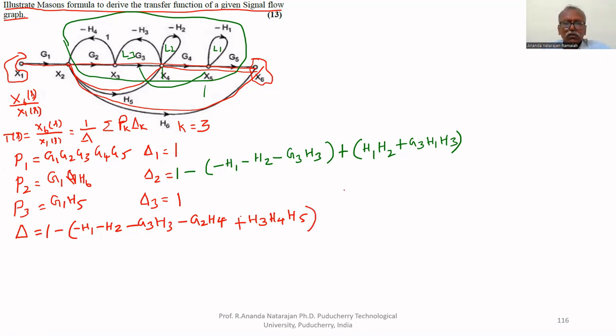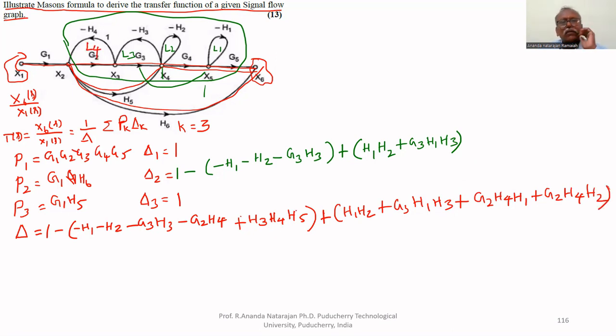Then two non-touching loops, plus H1 H2, G3 H1 H3, then plus G2 H4 H1, then plus G2 H4 H2. Three non-touching groups, only one is there. Therefore, again minus